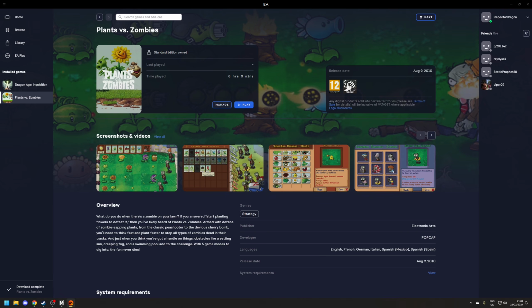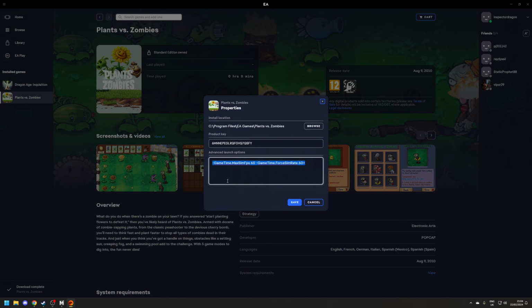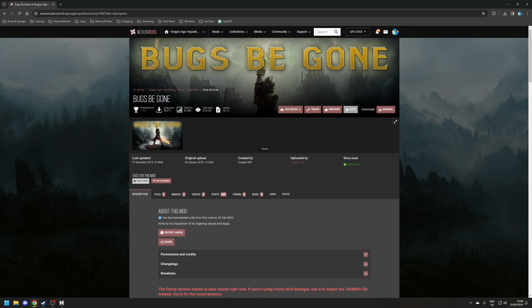Alternatively, if you have the game through the EA app, then what you can do instead is click on Manage, View Properties, and then once again under the Advanced Launch options, put the same command. In my case, I don't actually have the game on the EA app, so I'm just demonstrating with Plants vs. Zombies. Okay, so the first real mod on this list is going to be Bugs Be Gone,